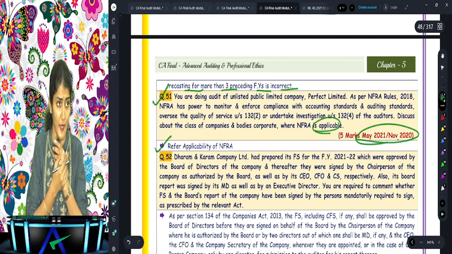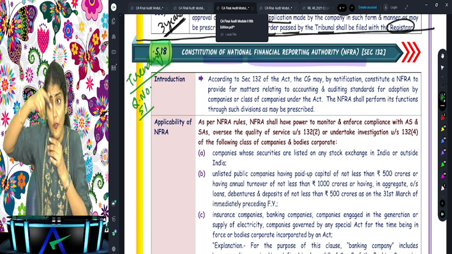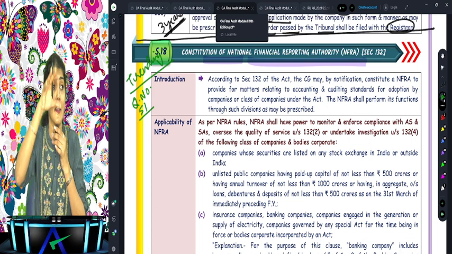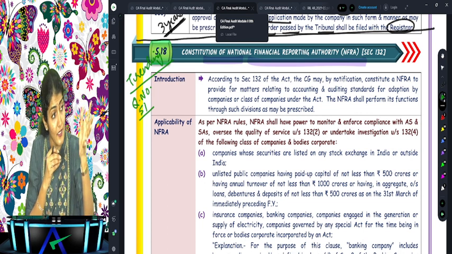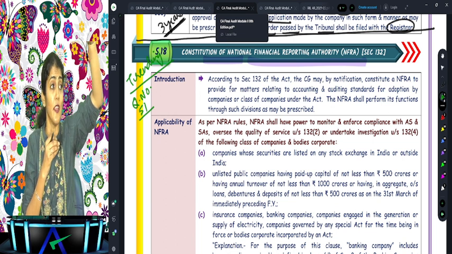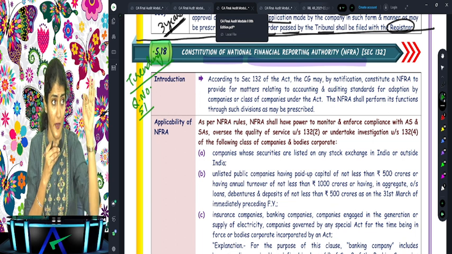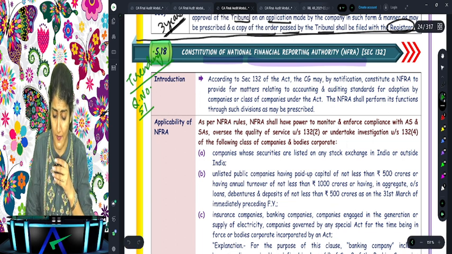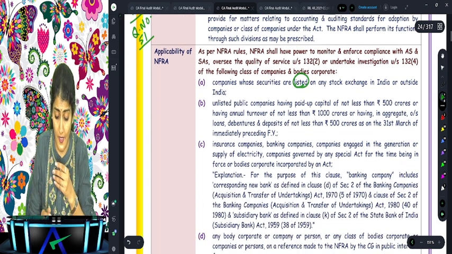Are you all with me? Okay, right. So which companies and auditors of which companies will come under the lens or the vigilance of the NFRA? One thing I told you, whenever a list is being prepared, the first person to go and stand in the list is the listed entity. Then after listed, next comes the unlisted.